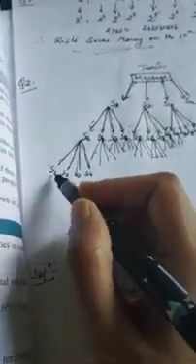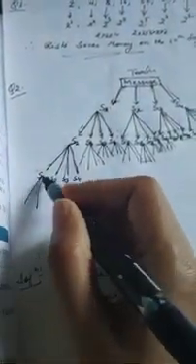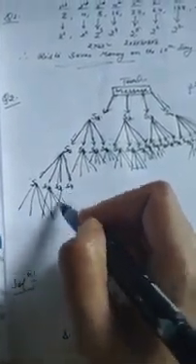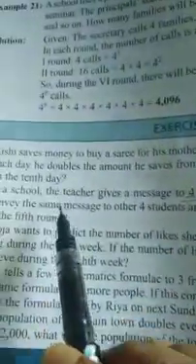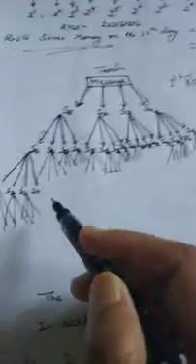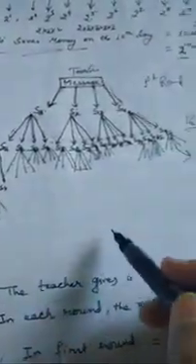Similarly, again in the fourth round, he will give the message to the other 4 students. The process will go on up to how many rounds? You can see in the question, up to the 5th round. You have to find out up to the 5th round. So let us see the pattern. It is not possible to draw all the figures here, so we have to apply exponents.